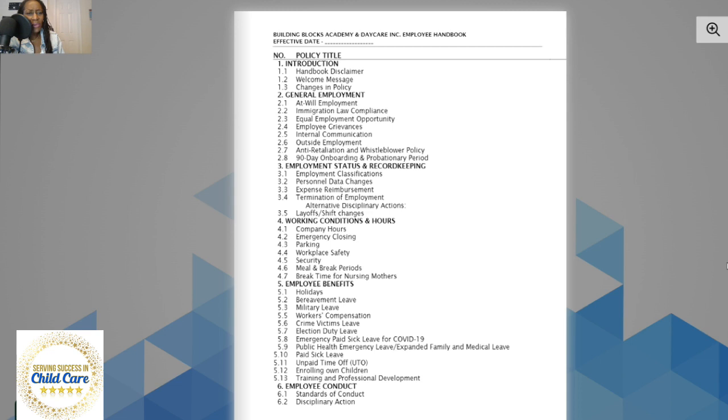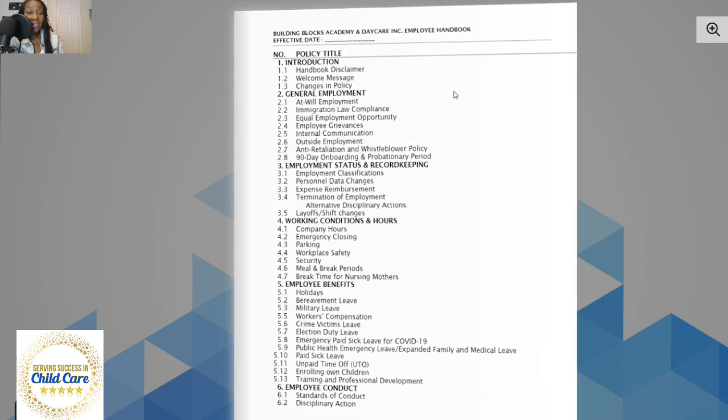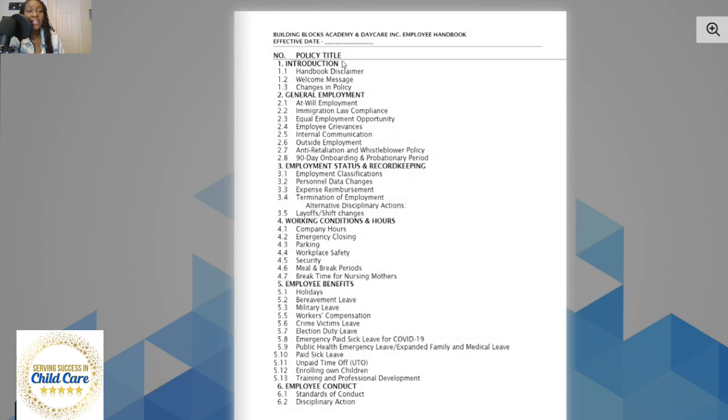But I'm not going to hold you any longer. Let's go ahead and get started in this handbook. I'll go through all of the topics and then we'll open the book and go through the book together. All right, so starting off, you have your introduction. Then we go into handbook disclaimer, welcome message, changes in policy, and then we get into general employment,